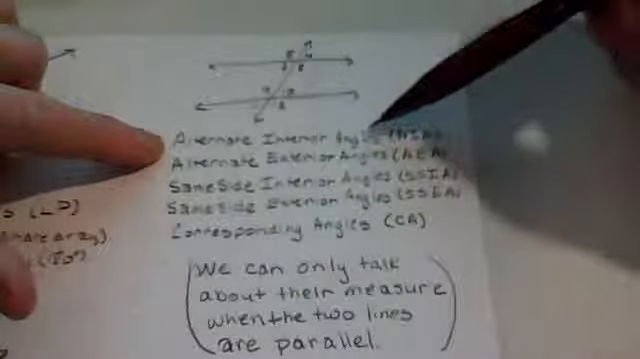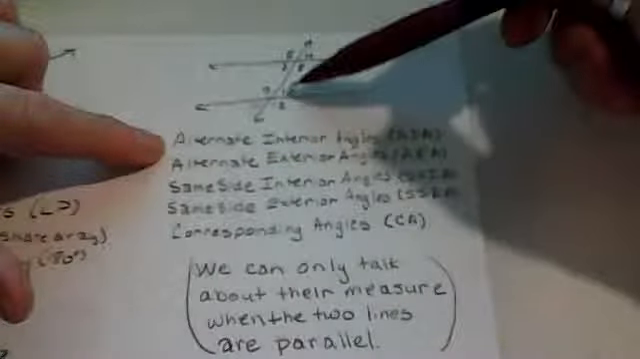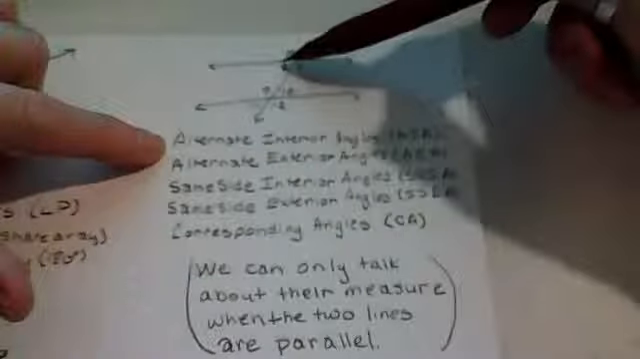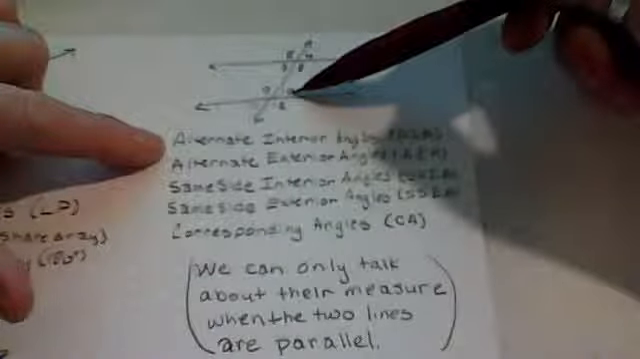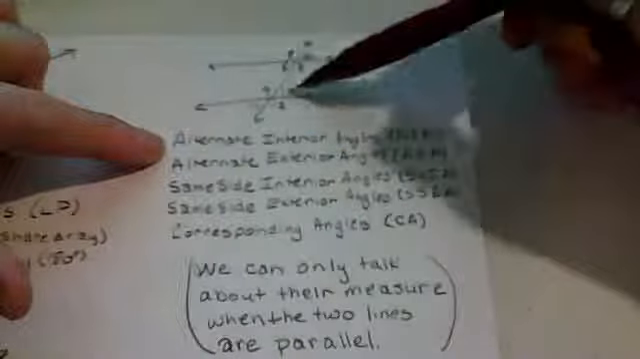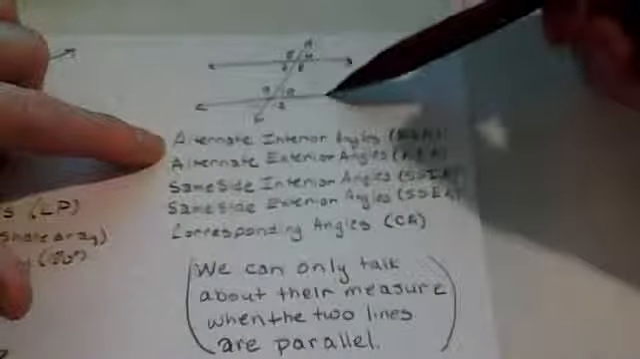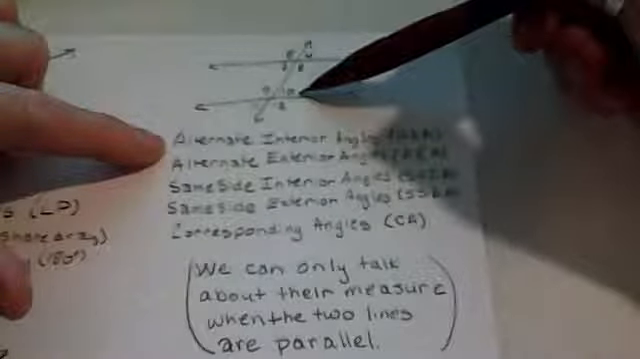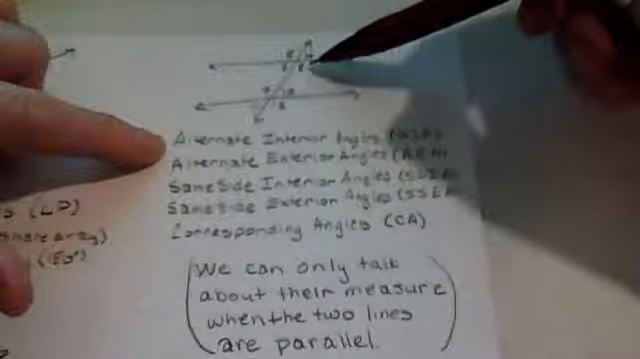Alternate interior angles. Alternate has to do with which side of the transversal they're on. So alternating means they're on alternate sides of the transversal. Interior says they're between the lines. They're in the interior here. So alternate interior angles are alternating sides interior of the two lines. So we would have angle 7 and angle 10 are alternate interior angles, and angle 9 and angle 8 are